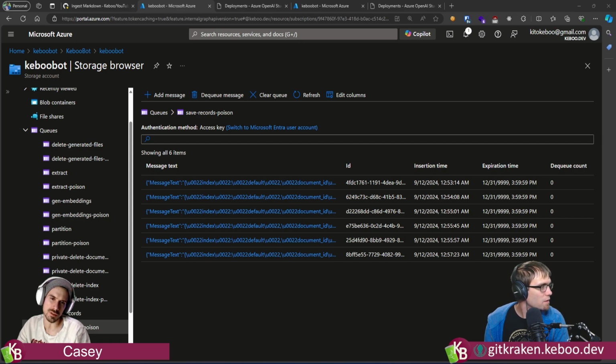Storage Explorer. I want to see if there's a way to mess with queues in there. I was pulling that up. Let's see, gen embeddings poison.